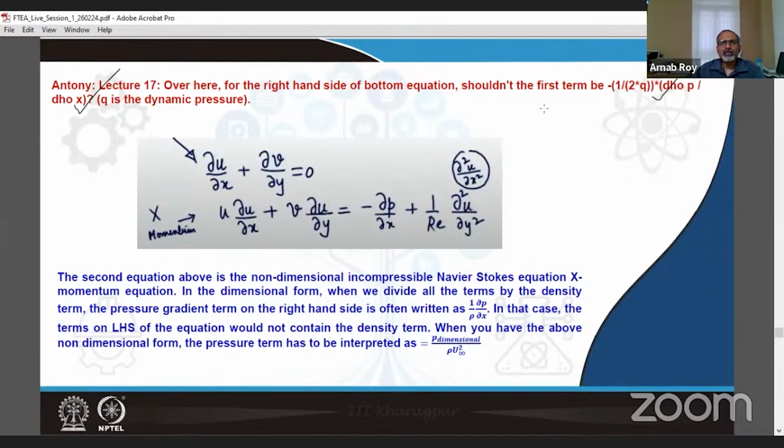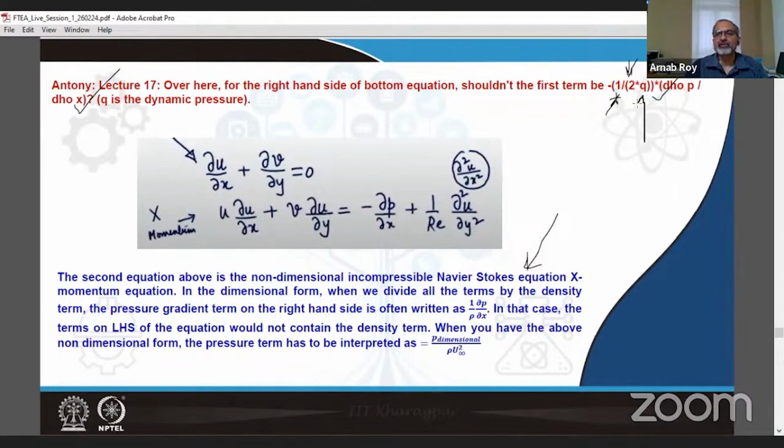So usually we do not very explicitly mention this, but if you look at the non-dimensionalization, I think you will find that we do not always associate this half factor that you have talked about, but yes, we do associate the Q infinity or Q, whatever you call it. So we are going to discuss that a little bit over here, as you have rightly pointed out that there should be explicit mention